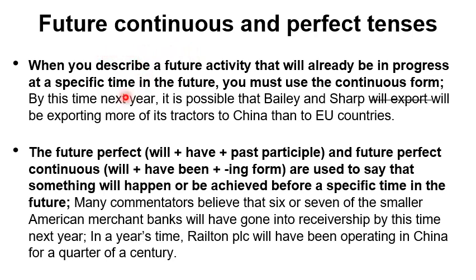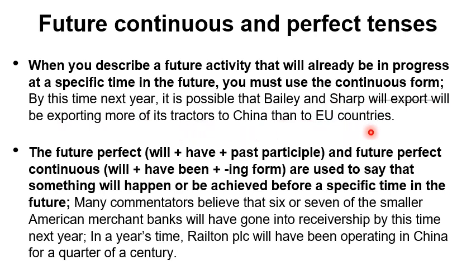For example, let's read this example. By this time next year, we are talking about the future, it is possible that Burley and Sharp will be exporting more of its tractors to China